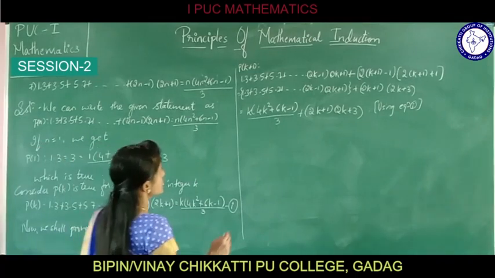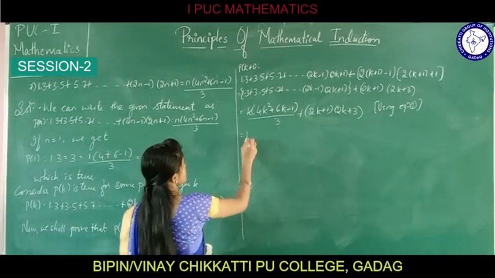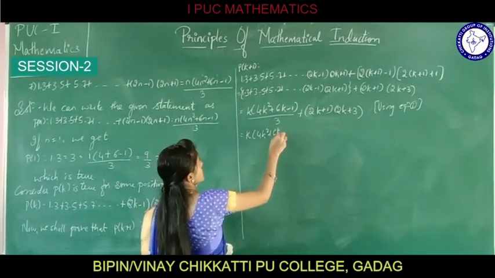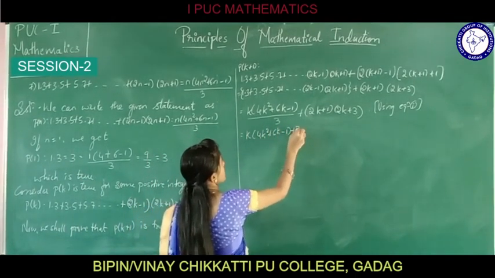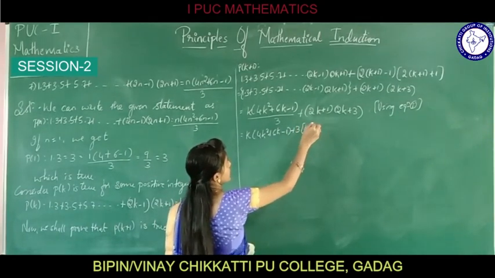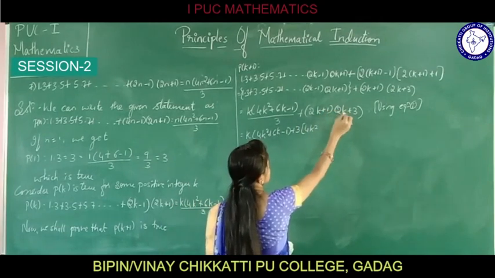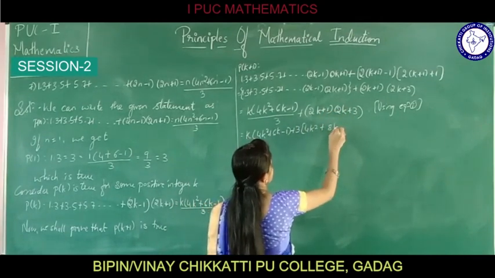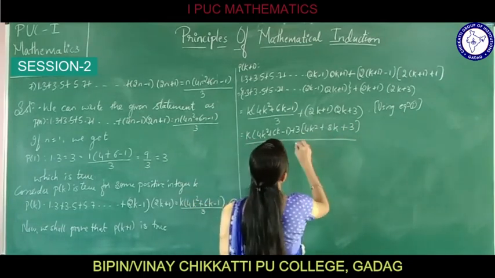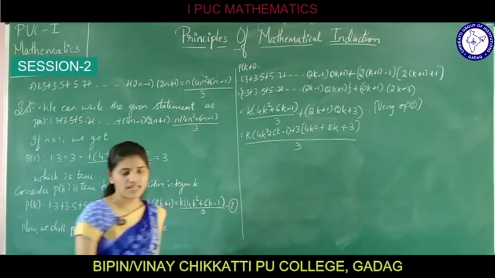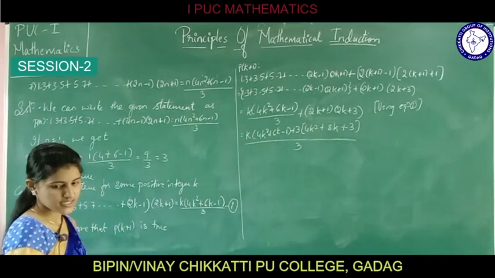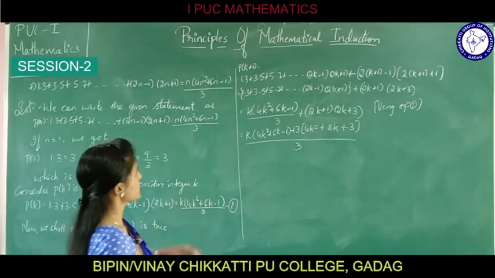Just now take down the LCM, that is, this can be written as 4k square plus 6k minus 1 plus 3 into, simplify this again, that is 4k square plus 6k plus 2k plus 8k plus 3 divided by 3. We just took the LCM and then simplified. This can be further written as, just multiply the brackets, nothing but